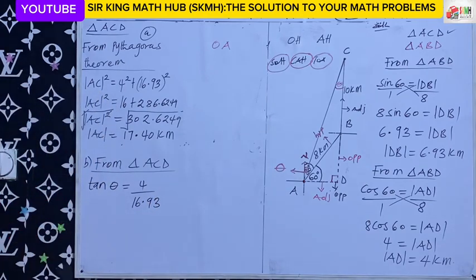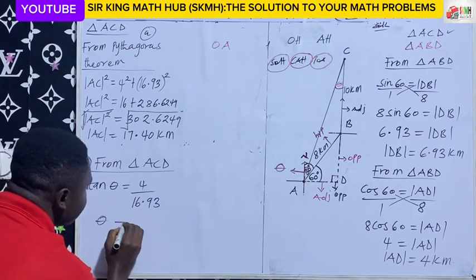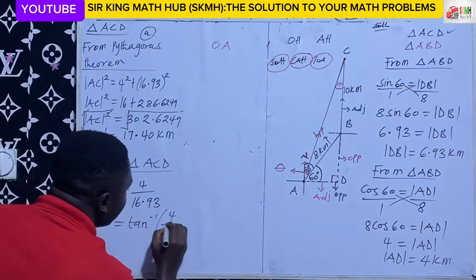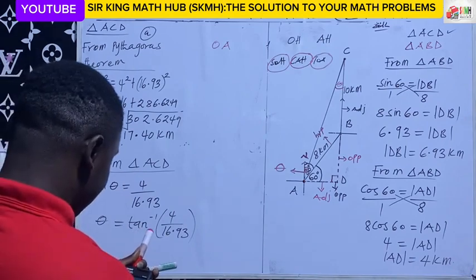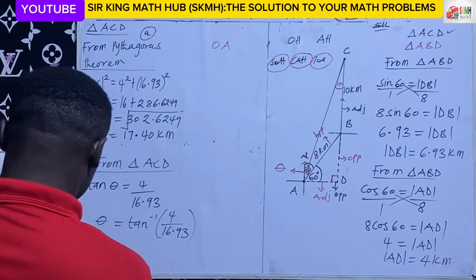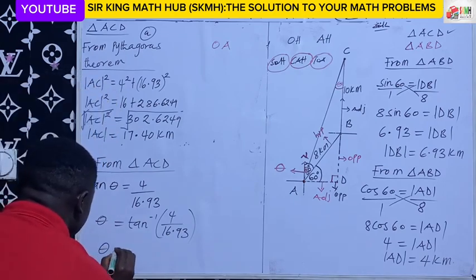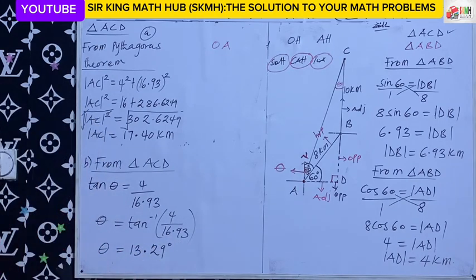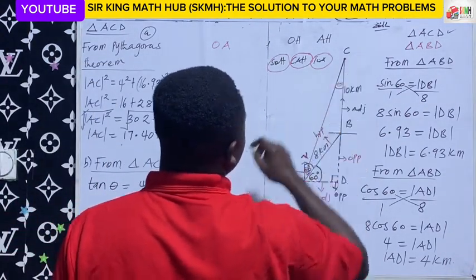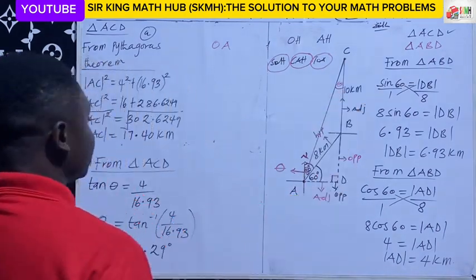We are looking for theta, so we have to take the tan inverse on both sides. When you take the tan inverse of tan theta, the tan and its inverse will cancel out, leaving theta equal to the tan inverse of 4 on 16.93. So from our calculator, what is the tan inverse of 4 on 16.93? Theta is 13.29 degrees, to 2 decimal places. So that is the bearing of the cyclist's destination from point A. That is this theta, giving us 13.29